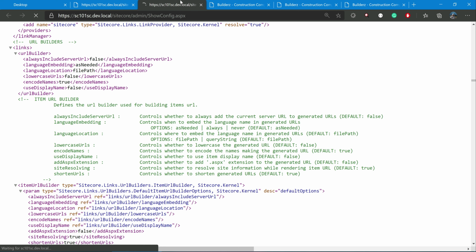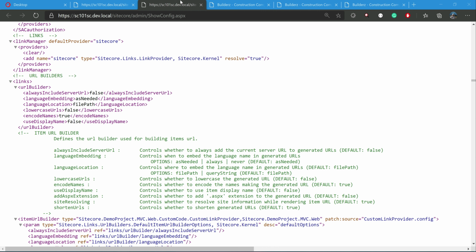If there is any config update or any DLL update, the app will recycle. Okay, it finished loading.